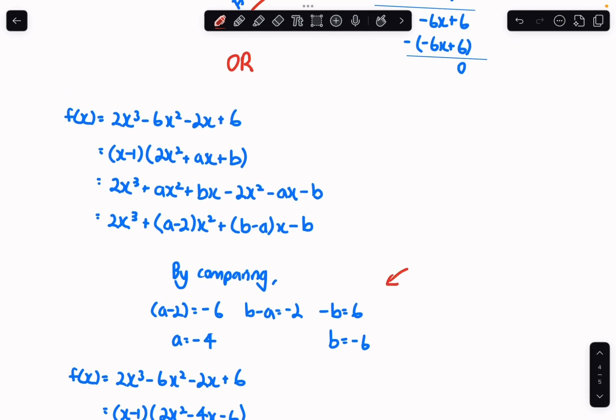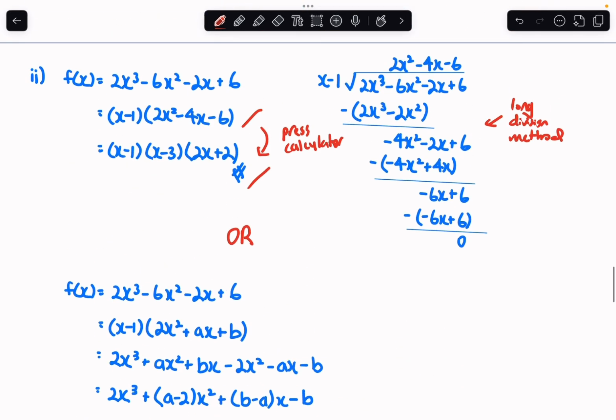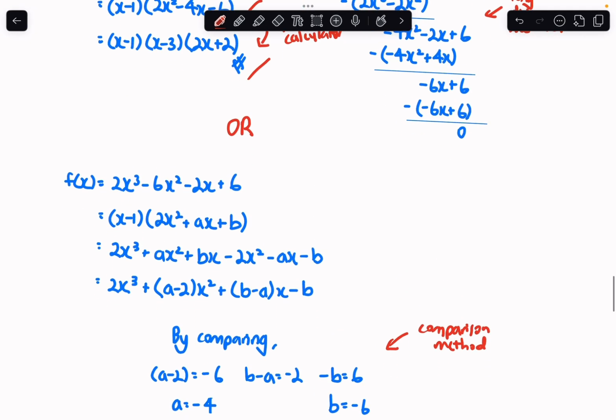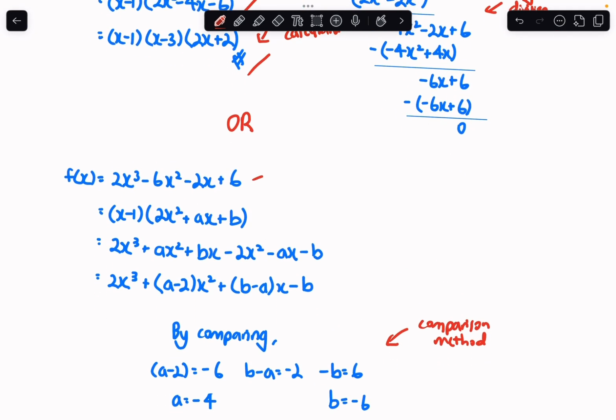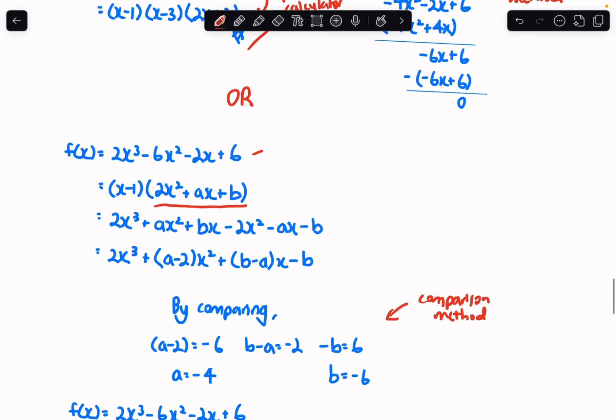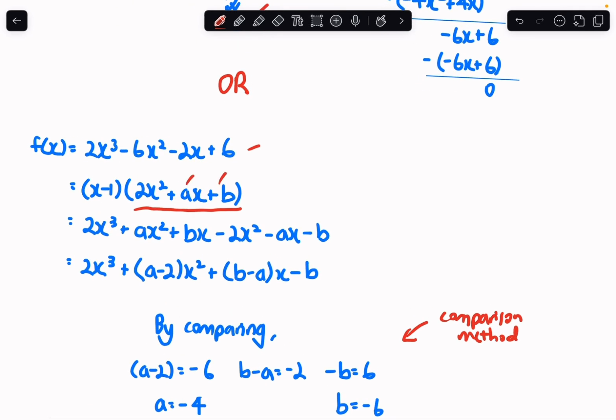So this method is the comparison method. So we have our polynomial here, and then we'll break it up. So we'll get this. So for this, right, a and b are unknowns, but for this, we know that it